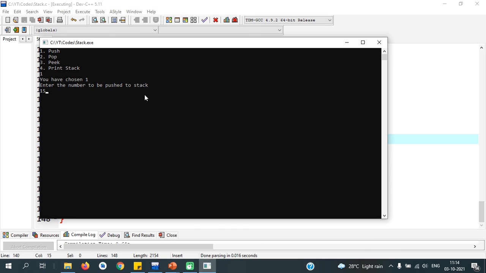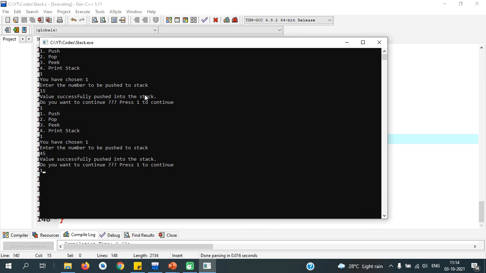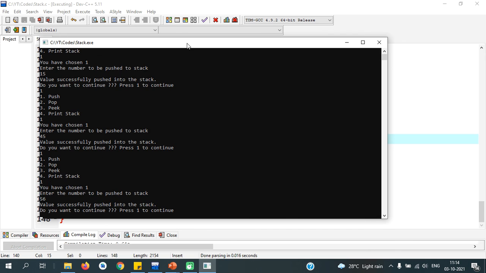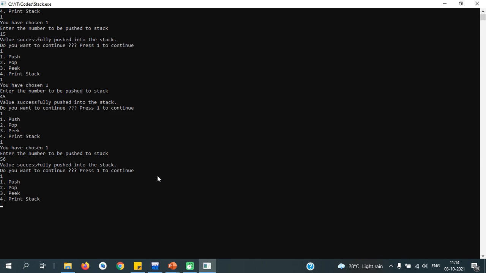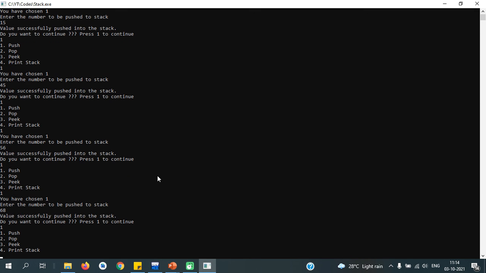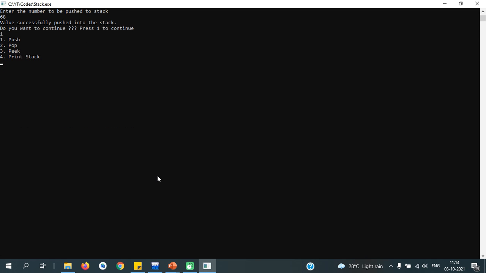Enter number to be pushed 15, successfully pushed. Enter number to be pushed 45. Yes. Enter number to be pushed 56, successfully pushed. Yes. Enter number to be pushed 68. Now I just need to print all these values from the stack.